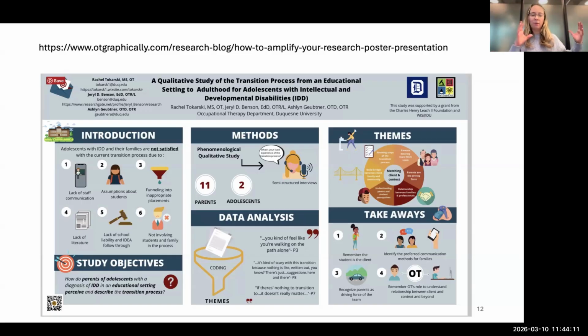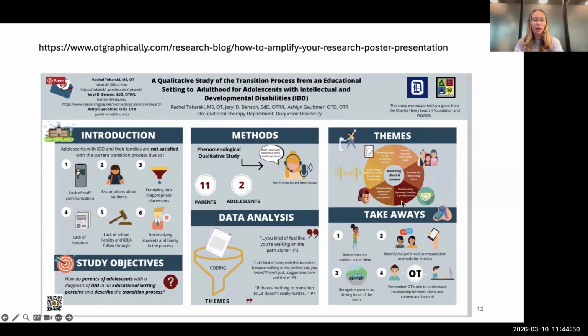Because what she's done is written her paper or a dissertation, whatever it is, but you've got your data. And then she's saying, okay, now how do I put this in? One of the most important things that you can see that she's done here is that she has very, very little text. So when you are doing a poster presentation, really attempt to be very, very clear with things like your study objective. She's highlighted the important words here. But overall, there's very, very little